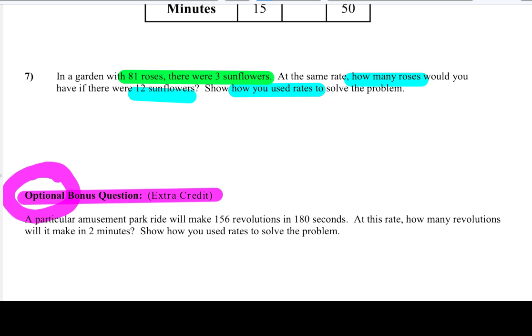So feel free to go back and have me reread any of the questions that you need. But otherwise, do your best, show your work,